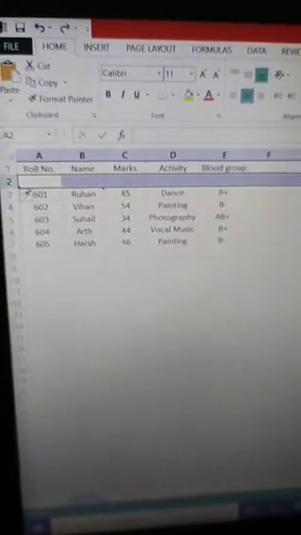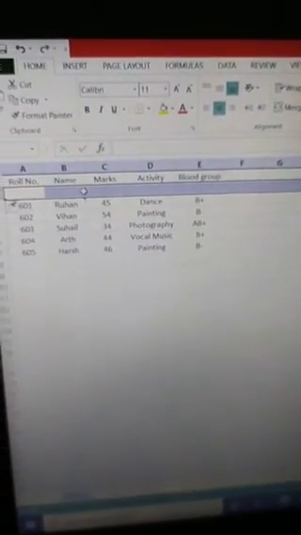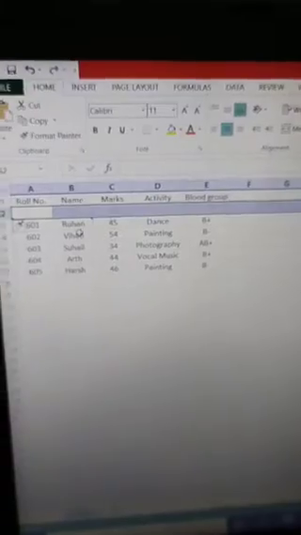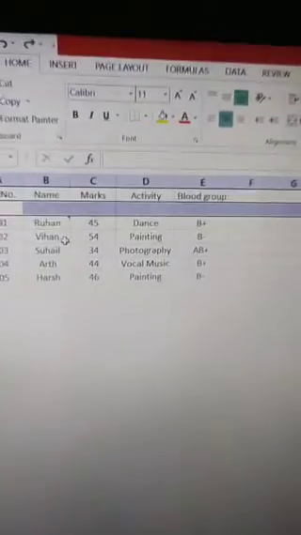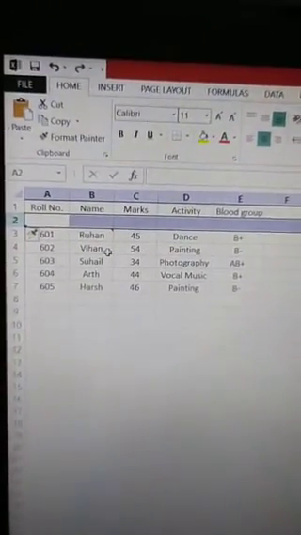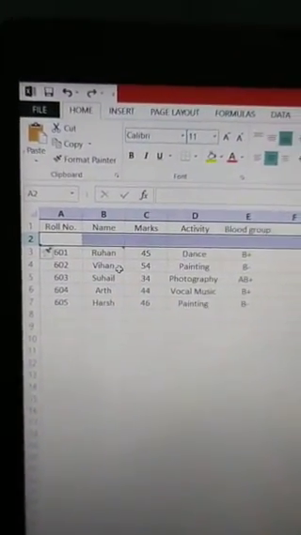So practice these things: how we can select a range of cells, how many methods we can use, how we can insert rows and columns. This can be asked in your exam also.